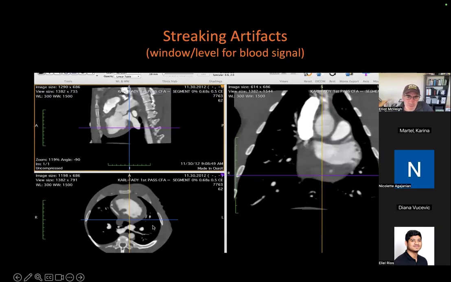So here is a set of images. Those of you who are astute will see this and say, that heart's quite big for a human. This is not a human heart, I don't think. I think this was porcine. But you can see very good delineation of the myocardial borders, great delineation of the blood pool, etc. Now, at this window and leveling, because we have very bright signal,